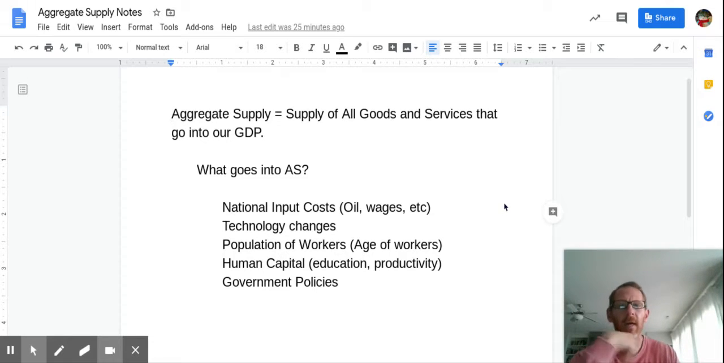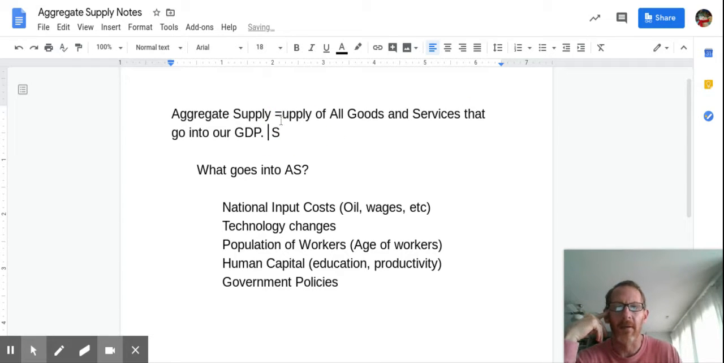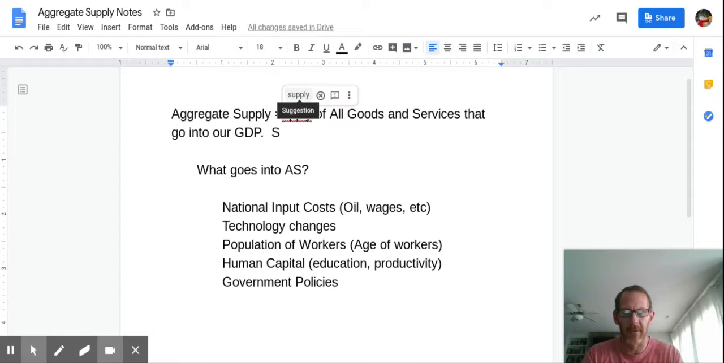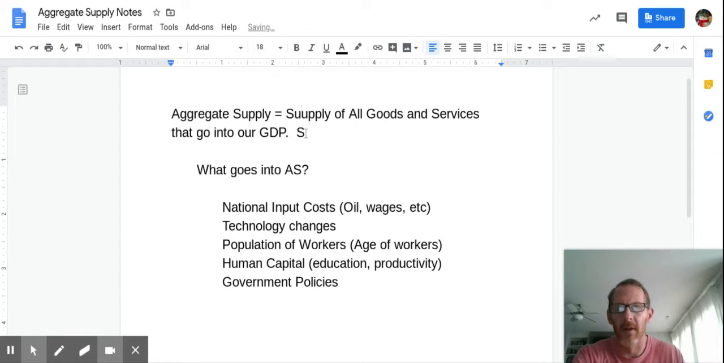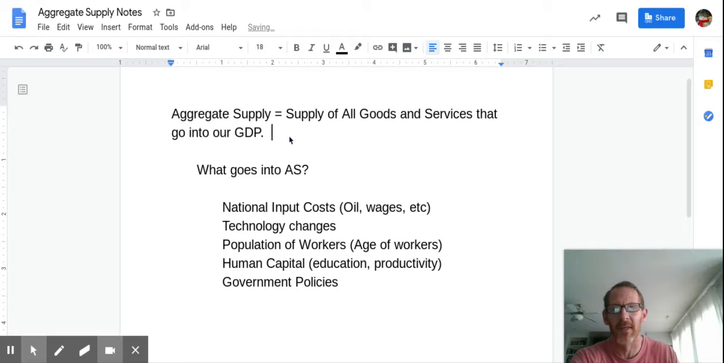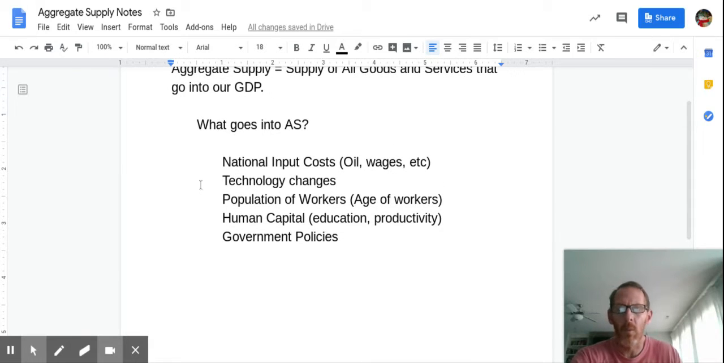Okay. So aggregate supply is the supply of all goods and services that go into our GDP. If aggregate demand was the demand for all goods and services in America, then aggregate supply is the supply of all goods and services that go into our GDP. Okay, so what makes up aggregate supply? Well, not only is it the supply of all of our goods and services, but